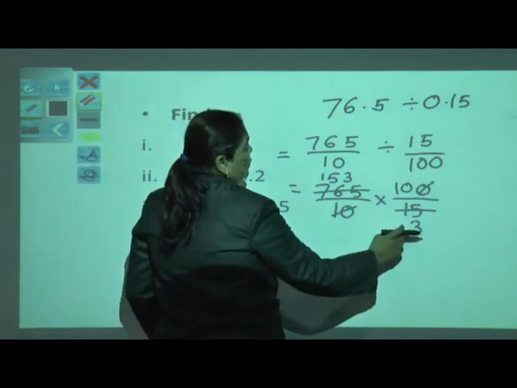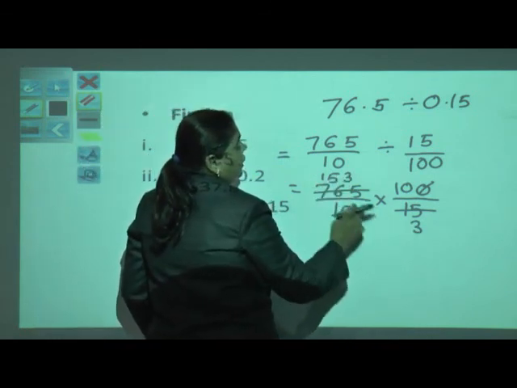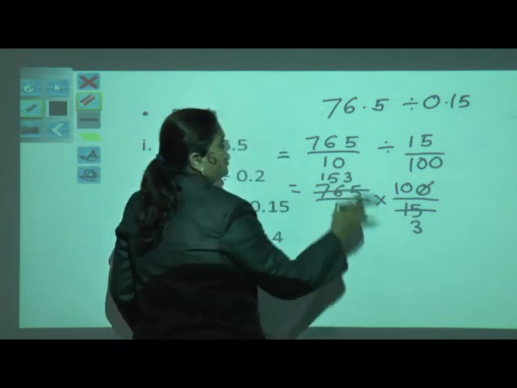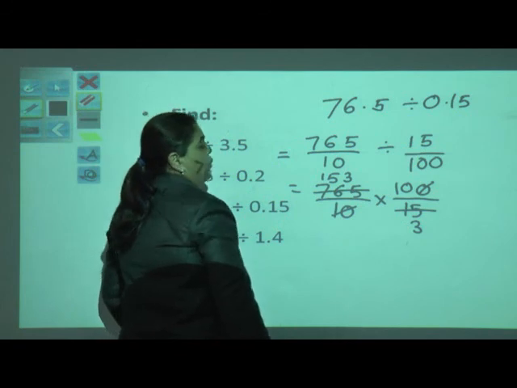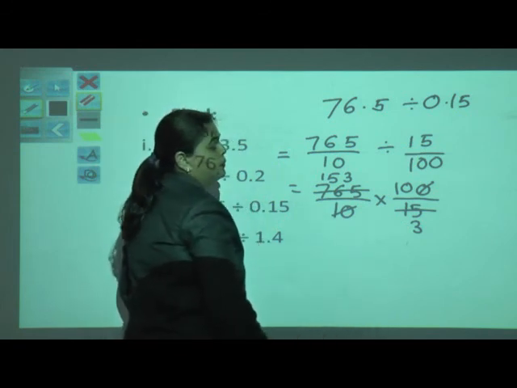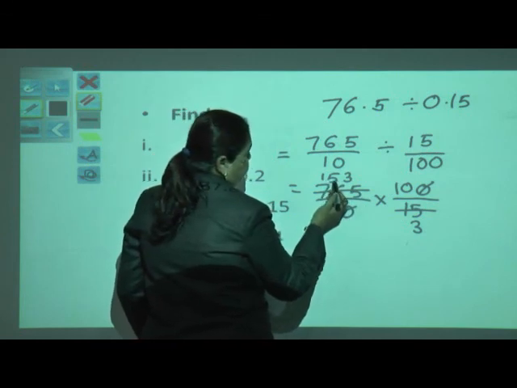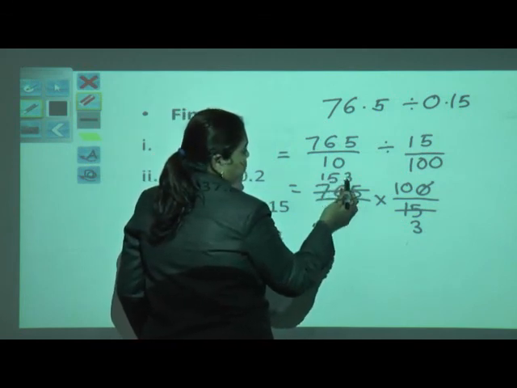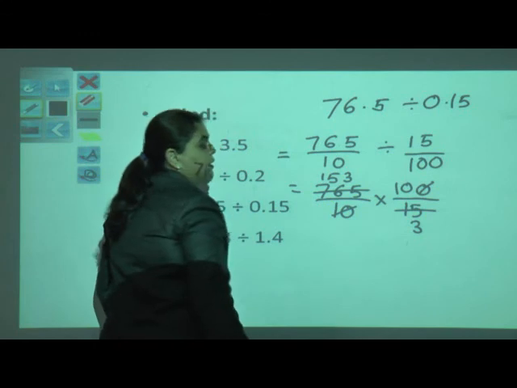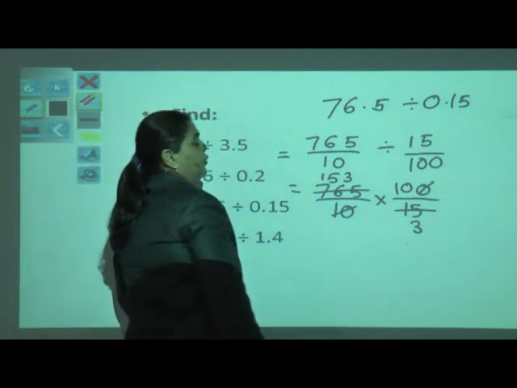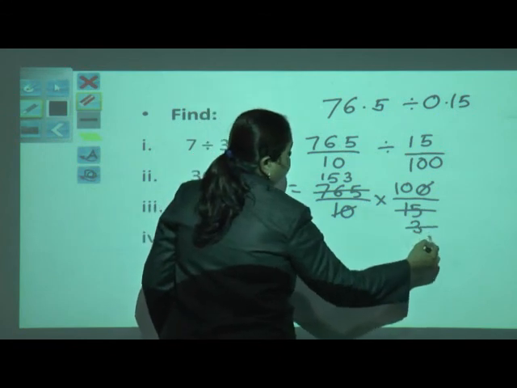Here we have to see the divisibility rule. Can we divide by 3? Yes. What is the divisibility rule? We have to do the sum of the digits, and the sum should be a multiple of 3. We can do here 5 plus 1 is 6, 6 plus 3 is 9. So we get 9, which is a multiple of 3. So we can reduce here, 3 1s are